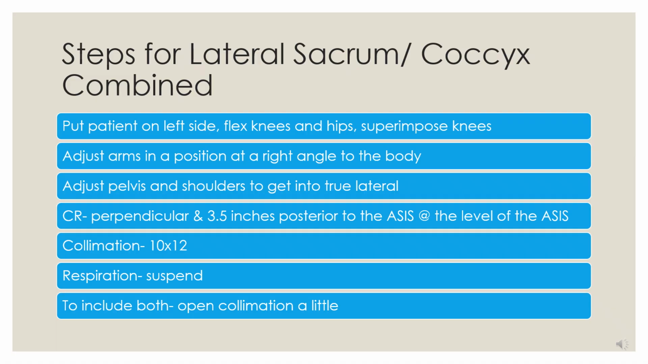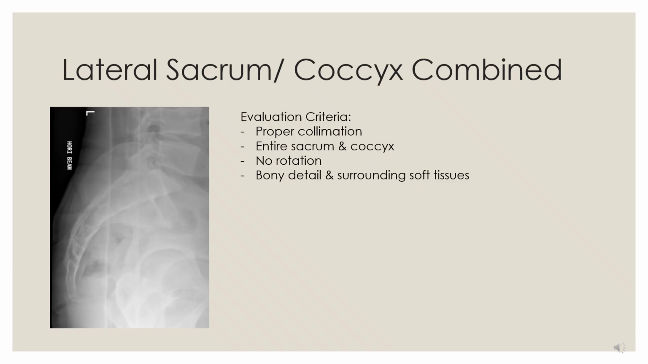The central ray is going to be perpendicular, 3.5 inches posterior to the ASIS at the level of the ASIS. The collimation is going to be 10 by 12. Respiration is suspend. And to include both, you're going to open your collimation a little bit. Evaluation for the lateral sacrum coccyx combined is proper collimation, entire sacrum and coccyx, no rotation, and bony detail and